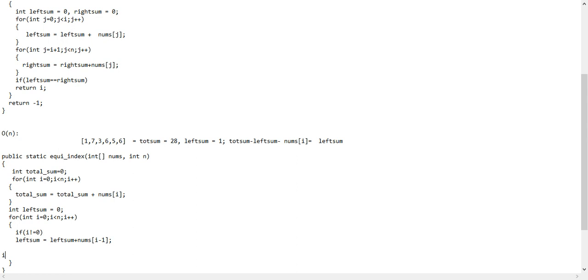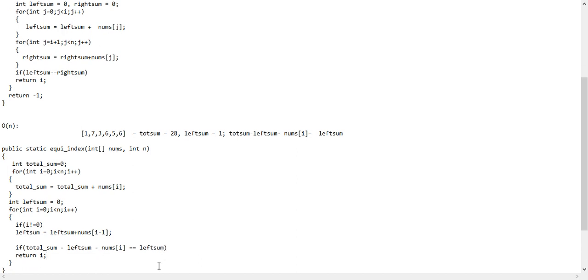These are some of the conditions that we have to keep in mind while coding. Okay, this will be my total sum minus left sum minus nums of i. If it is equal to the left sum, then we got a value.